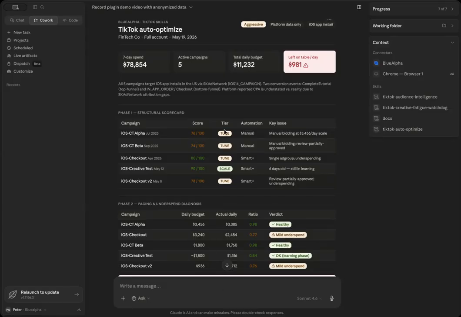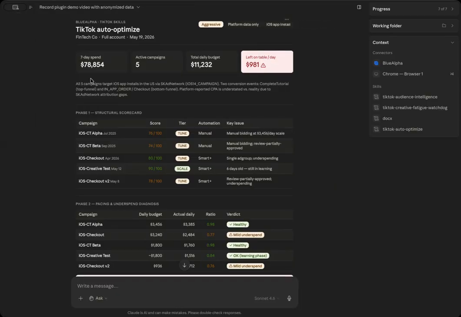What I want to show you right now is how we actually use the different skills from the BlueAlpha marketing plugin for an actual real account, because all the previous ones I showed you on our own BlueAlpha account, but we don't run any TikTok campaigns. So I'm actually showing you on a client account where I changed, obviously, the campaign naming as well as the spend, but all of the insights are actually real. And what we have here is a real D2C fintech client of ours, and we have in total